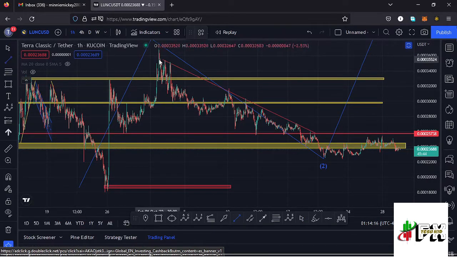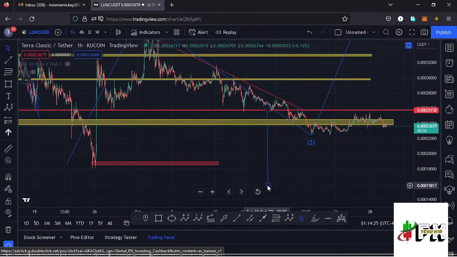So using a trend line, we can get that height, that is the height of the triangle, and then place it down here to give us a minimum target area to the lower side, back to around the $0.00015 mark. And in case that plays out, we have a key area of support at around the $0.00018 mark,